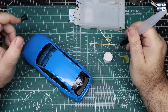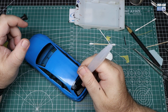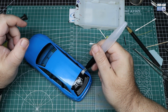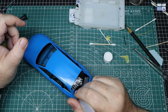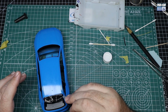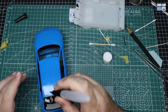We've got some UMP strong. We're going straight to strong because I know that's what it takes to set it. We're just going to pop it on top, let it sit for a couple of minutes, and then we'll gently work it. And the main goal here is to get the back piece, that flap underneath the spoiler, with no creases. So this is what we're going to aim to do. So let it sit for a minute, come back, work it again, and just keep working over it gently with the brush